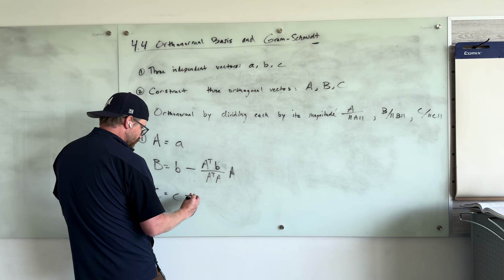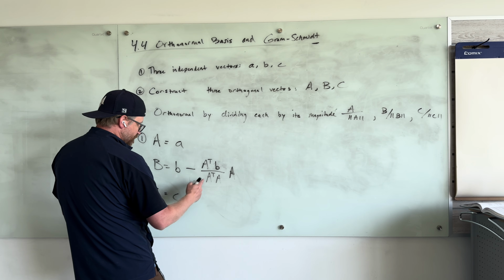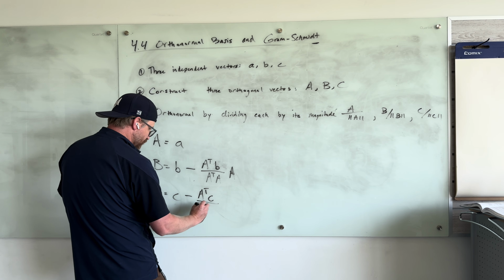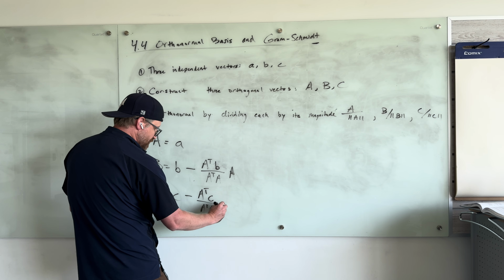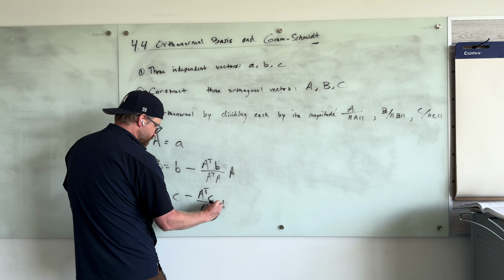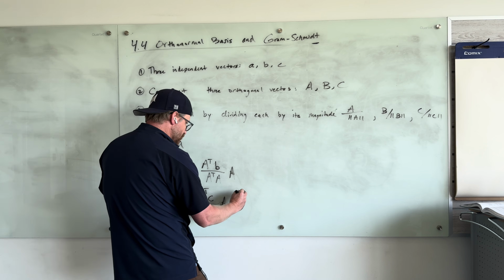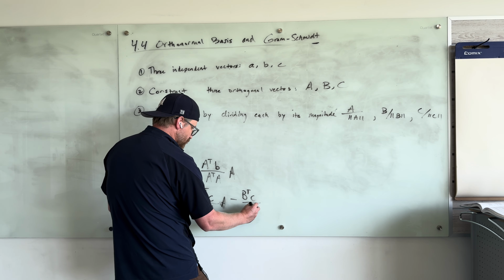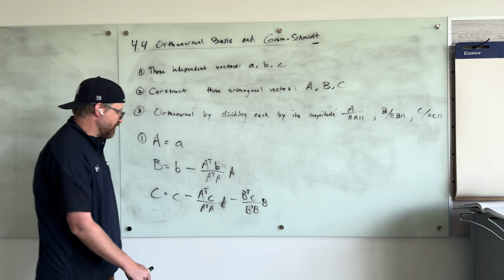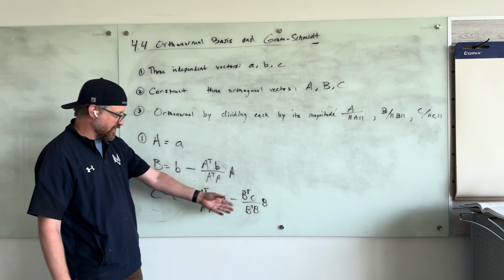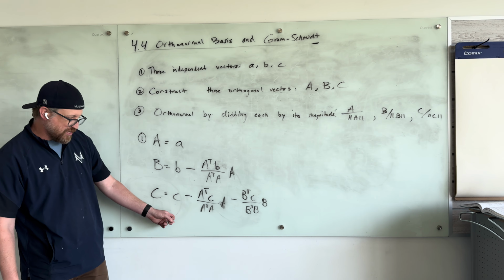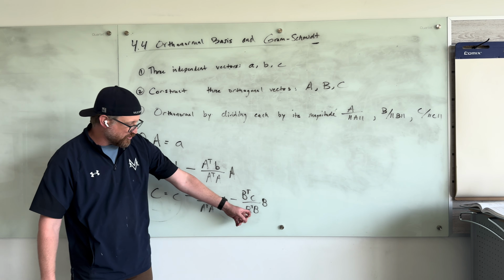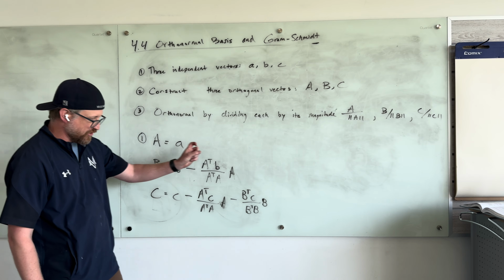Essentially constructing a similar pattern, I'm going to follow the format: C minus A transpose C over A transpose A times A, minus, and then here we want it to be orthogonal to B, so B transpose C over B transpose B, times B. If we had a 4th column, we would do this again, and I would subtract off from D the same thing: the projection of D onto A, the projection of D onto B, and the projection of D onto